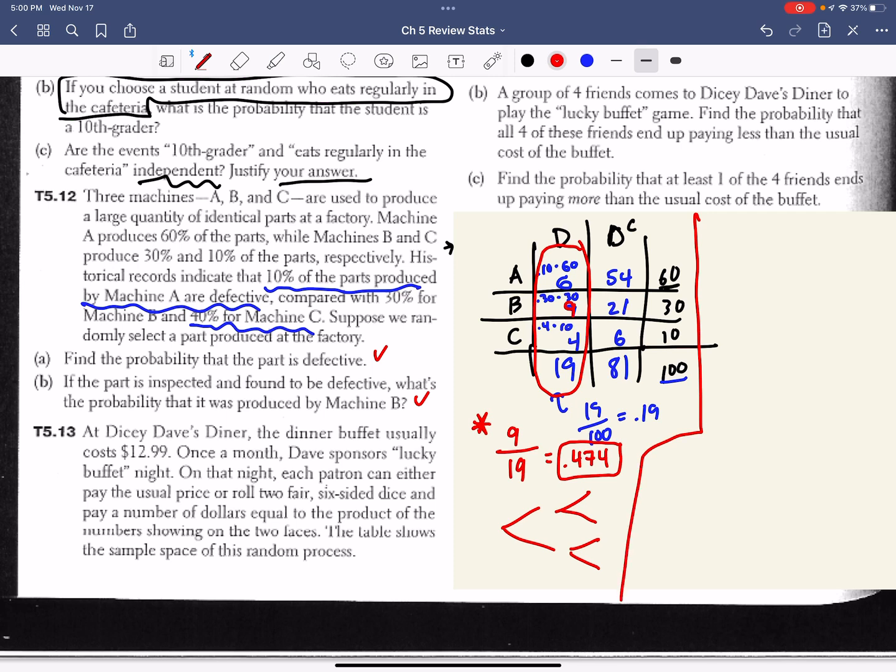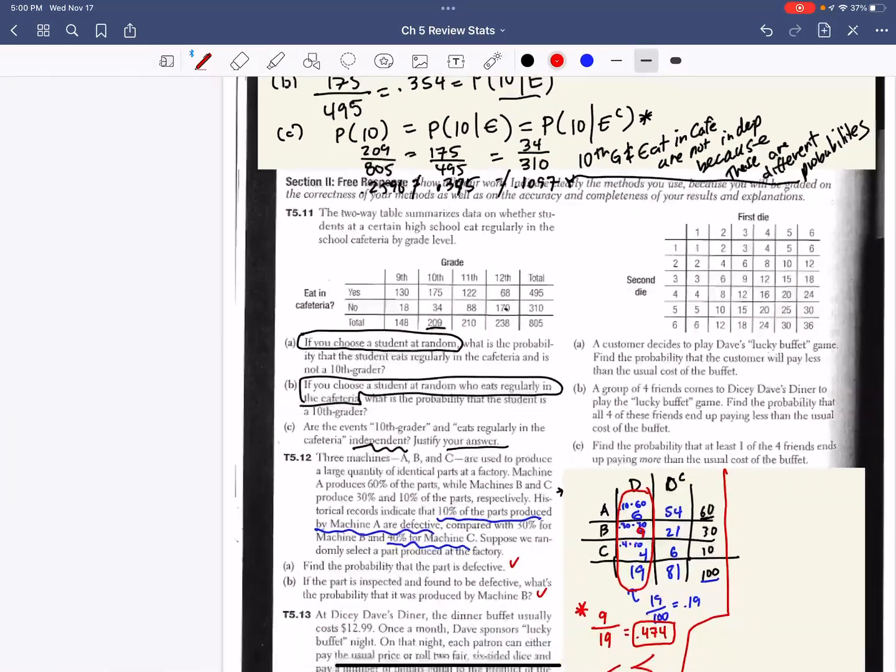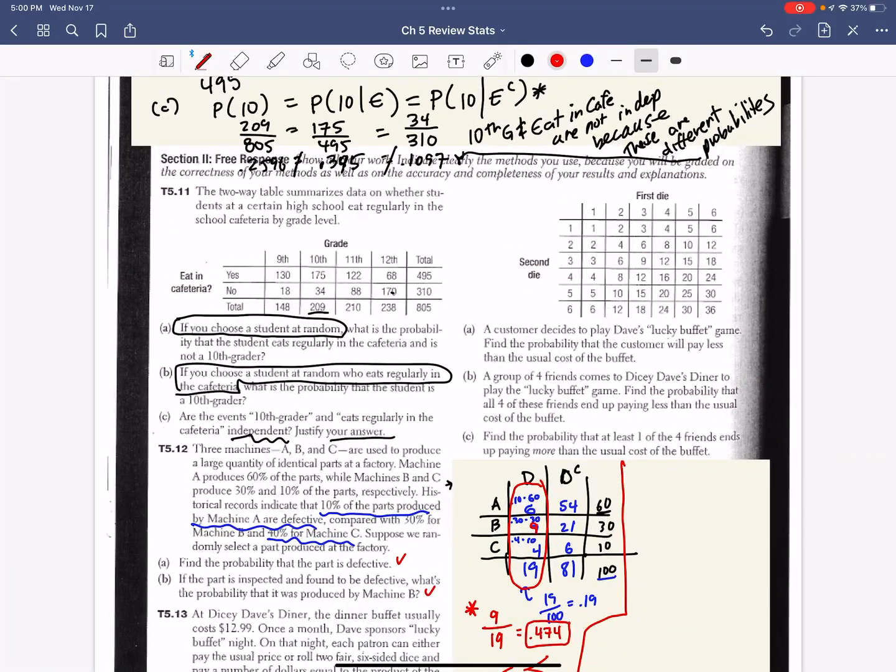On that night, each patron can either pay the usual price or roll 2 fair 6-sided dice and pay a number of dollars equal to the product of the numbers showing on the 2 faces. The table shows the sample space. Okay, so as we look here,